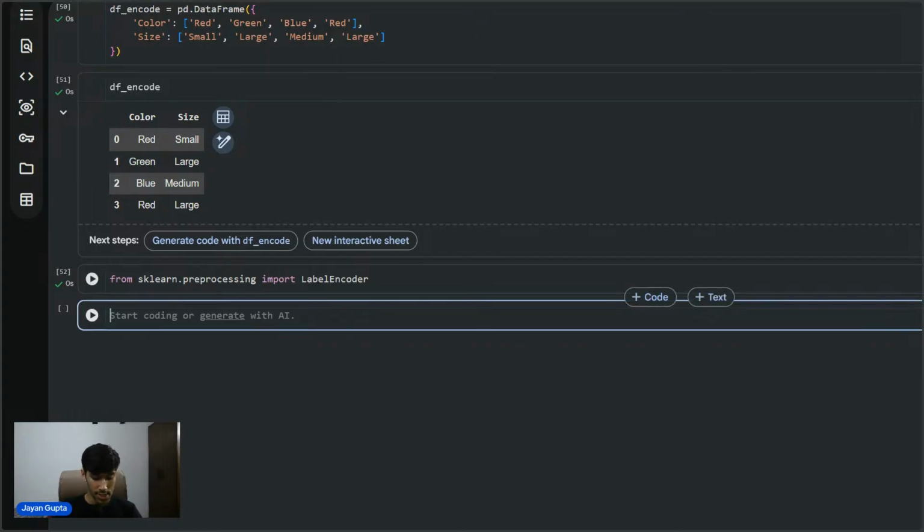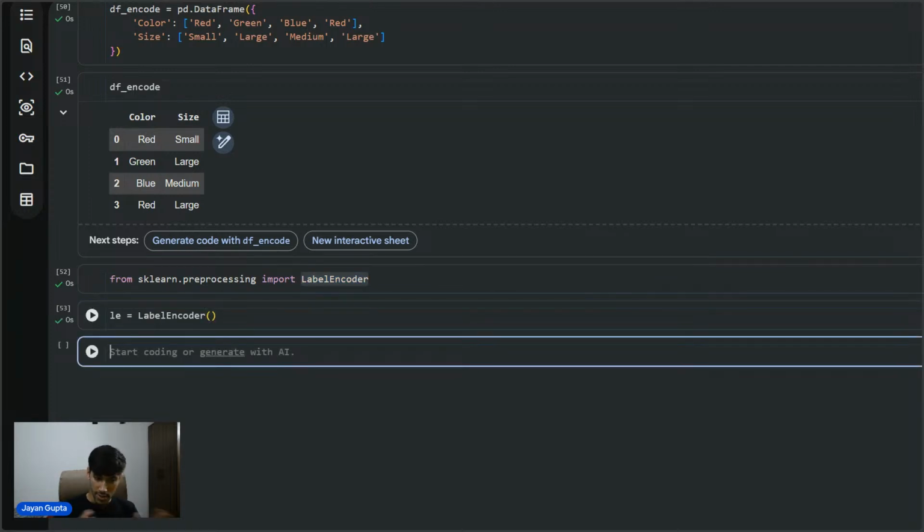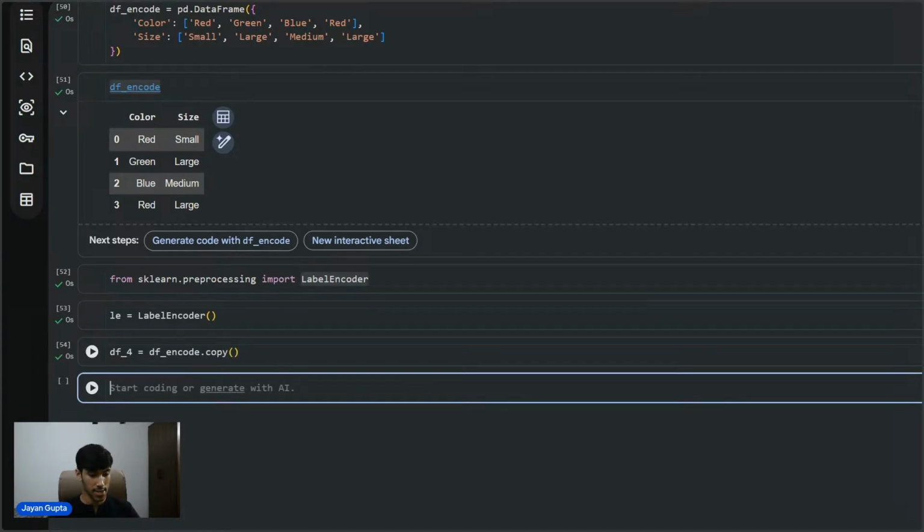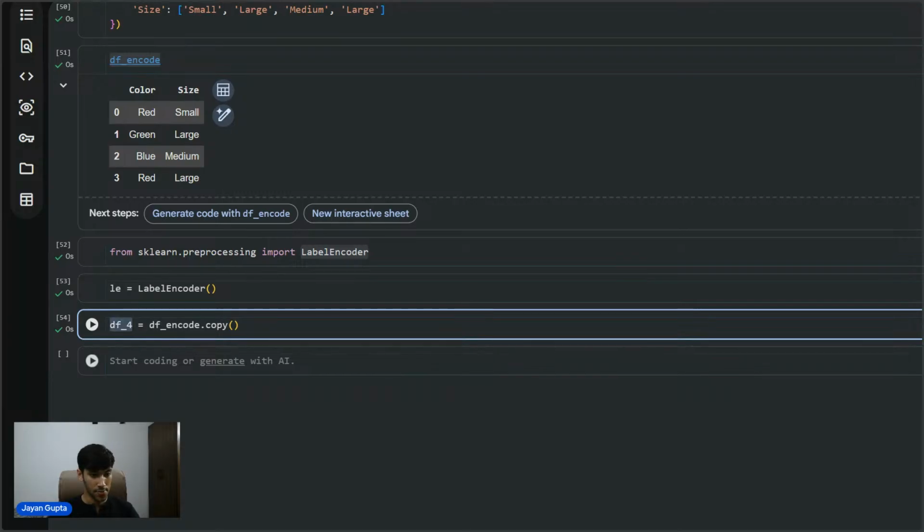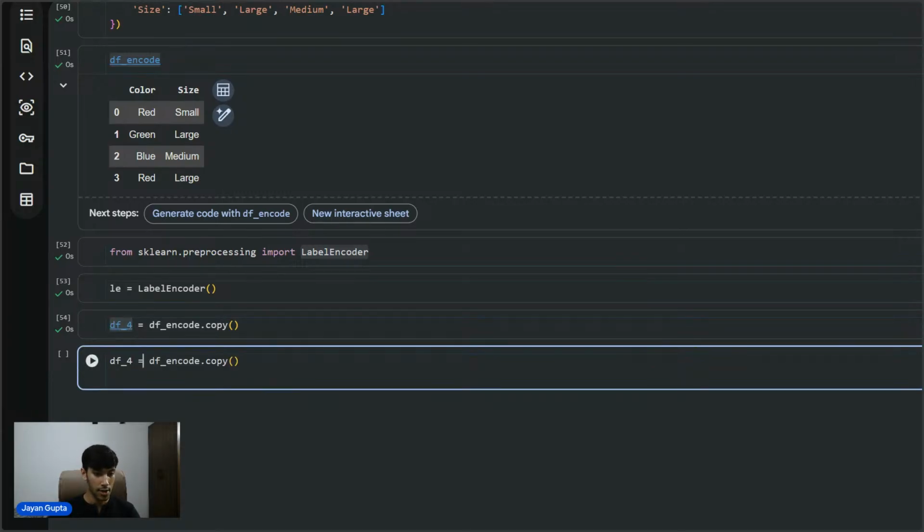This is the same process. Let's just say I go for label encoder as LE. And just after this, I'll create a copy of it as well, maybe df4, which is a copy of this df encode. I'm sorry, I need to go for copy. And after that, if I take this df4 and use this particular thing on my color column,